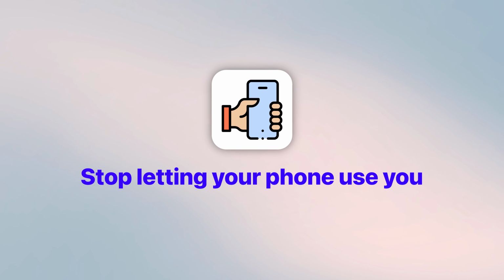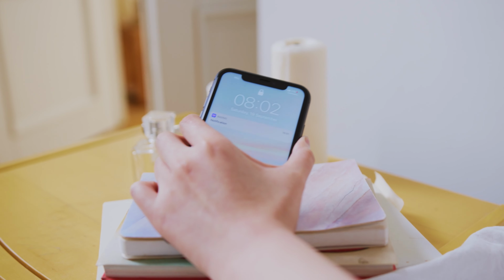Stop letting your phone use you. So I have Do Not Disturb mode turned on my phone a good 8 hours of the day, especially when I have my timer running and especially when I'm doing my deep work sessions. If you don't want to go full on Do Not Disturb mode, then at least turn off notifications on your phone from Messenger and WhatsApp. The apps that are kind of dinging your phone every few minutes,